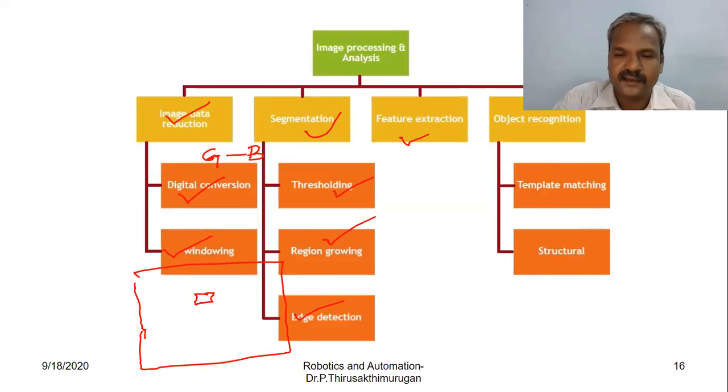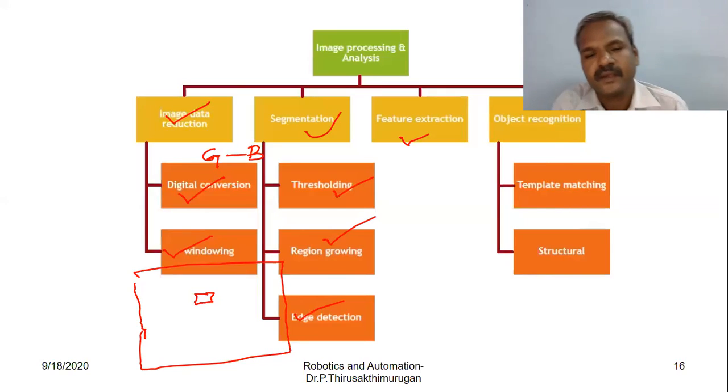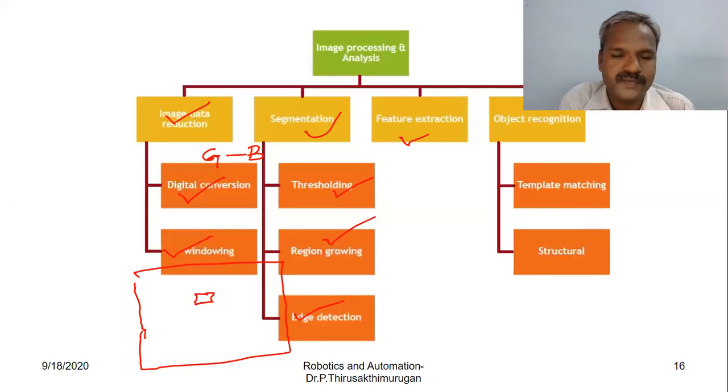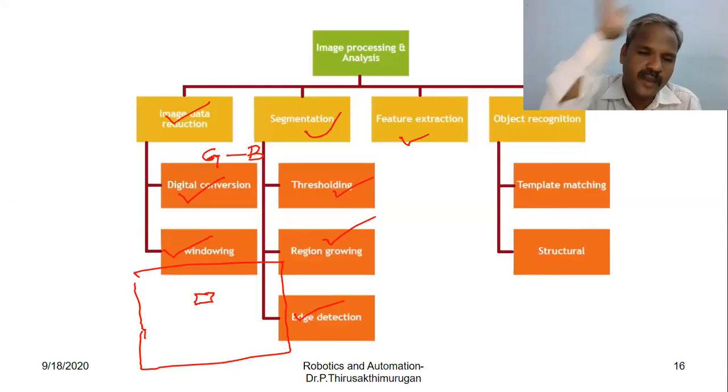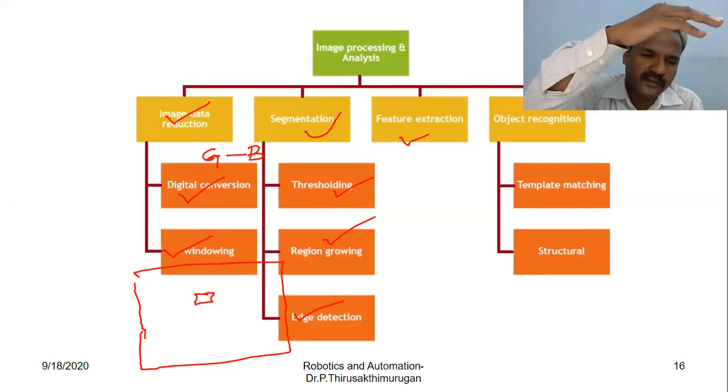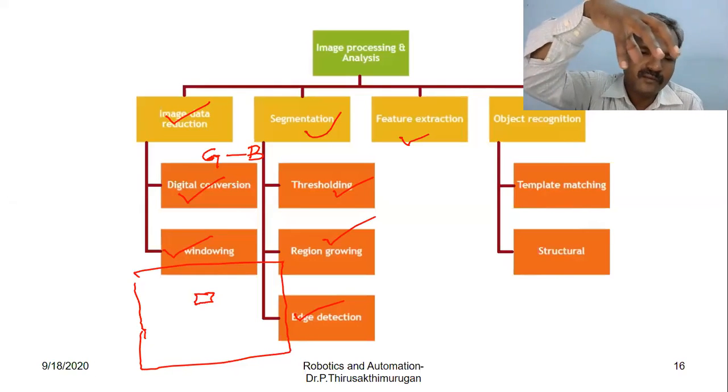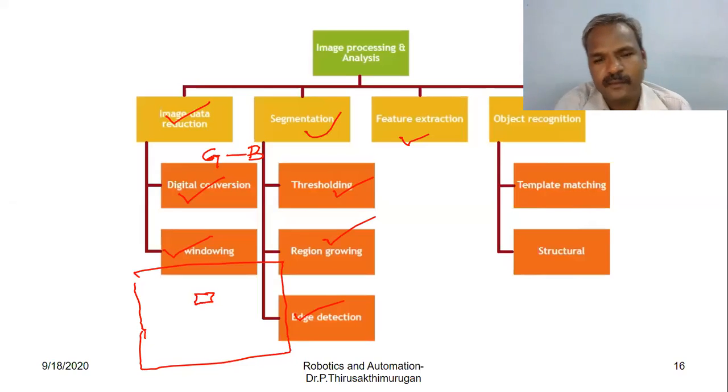So object recognition is the final decision of the computer vision, robo vision. After recognition of the object, the controller will give command to the robot manipulator, which is equipped in the camera window. So this is about robo vision.